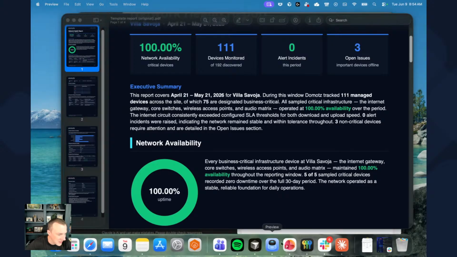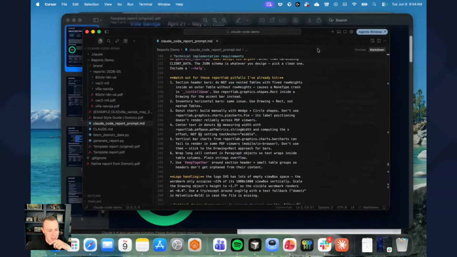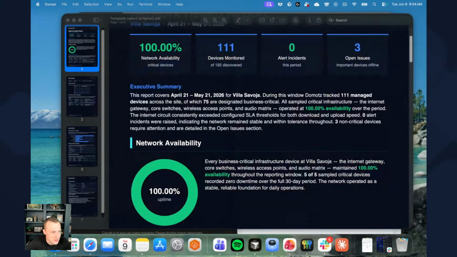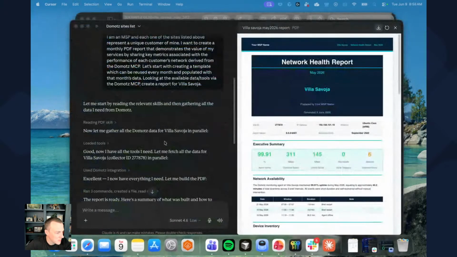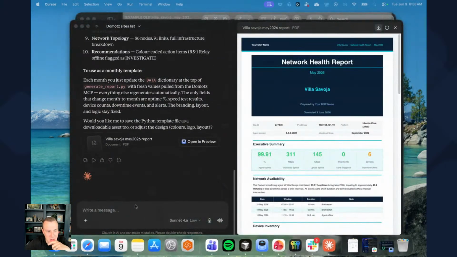So I'm going to open up Cursor, which is just an IDE, a terminal that I can work out of. And even before I open this up, actually, this is the template. It's in a good spot. So then I came back to Claude after I got the template to the right place. Let's just assume that this template is at a perfect place. And I had a conversation with Claude where I said,